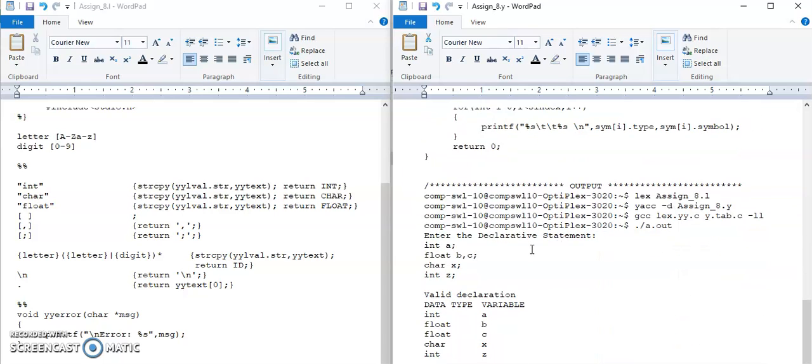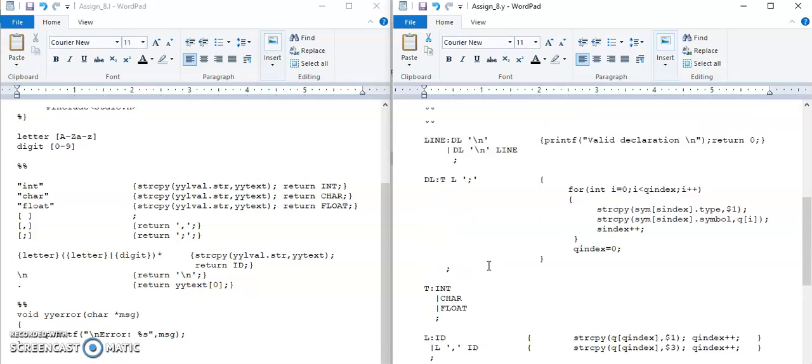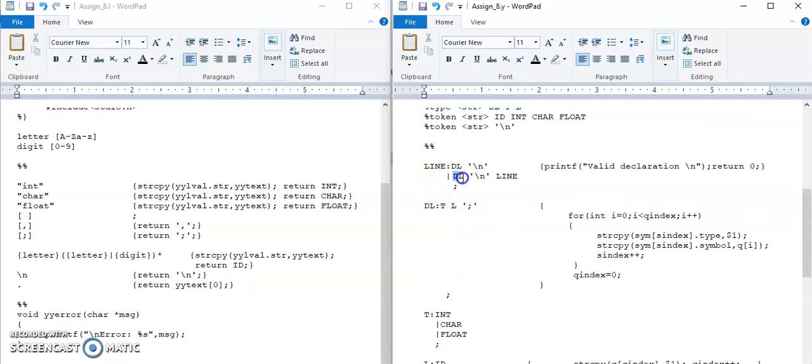And if you are declaring like this, that is integer a semicolon, then on the next line another declarative statement, say float b comma c semicolon, third declarative statement, again next line integer z semicolon, that is you are having multiple declarative statements on different lines, then that is processed by this grammar: dl newline, that is \n, and line.